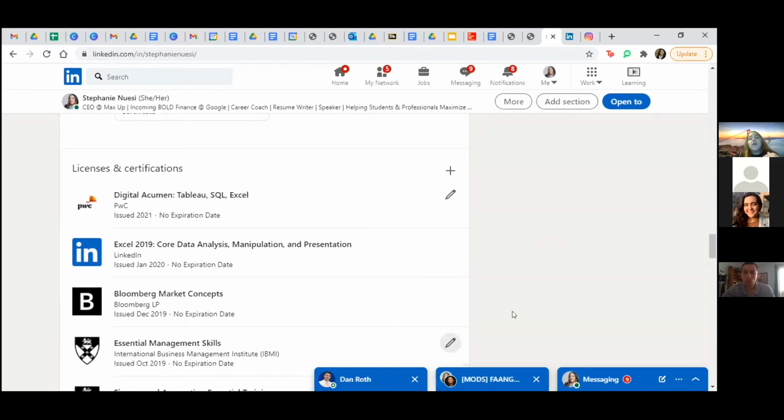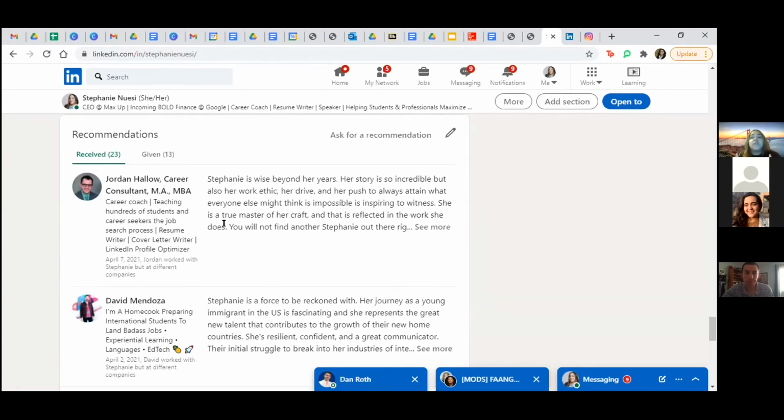You want to become the most, or one of the most, marketable students out there. And the way to do that is getting those certifications and getting those licenses. Make sure you get recommendations. Give each other a recommendation about the teamwork, the amount of hours put in, the time management. Ask your professor to give you a recommendation about that project.